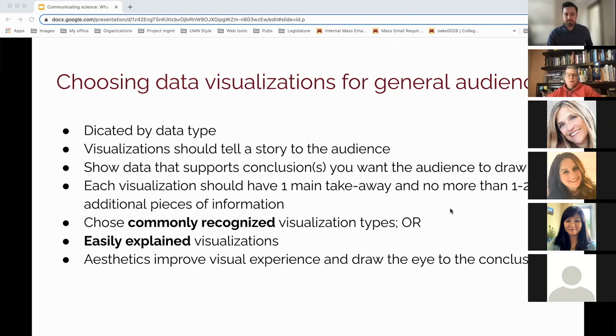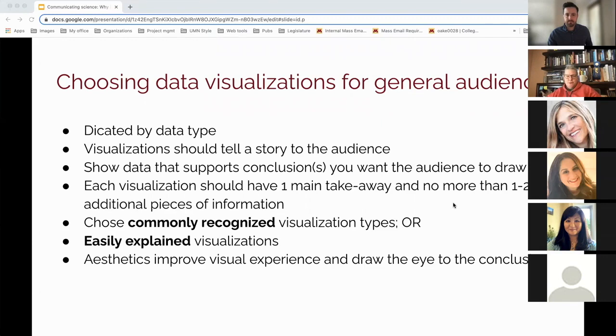And when we're talking about general scientific audiences or general audiences, a rule of thumb that is often suggested and one that I try to use is to have a single takeaway, a main takeaway from each visualization, and at most no more than 1 to 2 additional pieces of information. This isn't about trying to put all the information that you can into a complex figure. It's more about trying to find a way to use a rather straightforward visualization to allow your audience to come